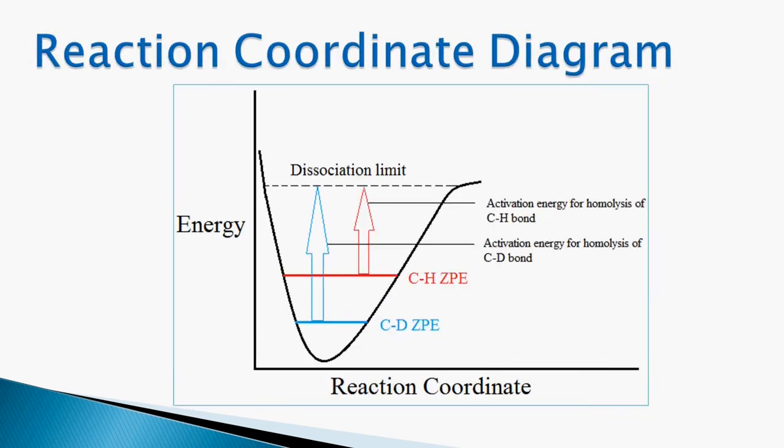Dear students, here is a reaction coordinate diagram. You can see along the x-axis we have plotted reaction coordinate, whereas along y-axis there is energy or potential energy, and this diagram has got a curve. This curve is known as potential energy well, and in a reaction coordinate diagram there are several potential energy wells along different points on the reaction coordinate, and each well is perpendicular to this axis.